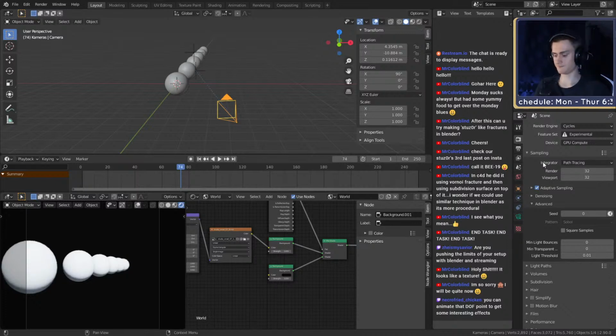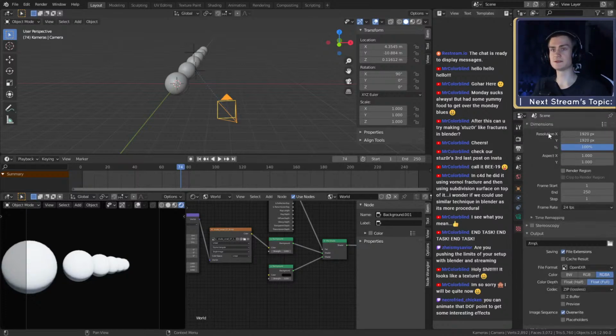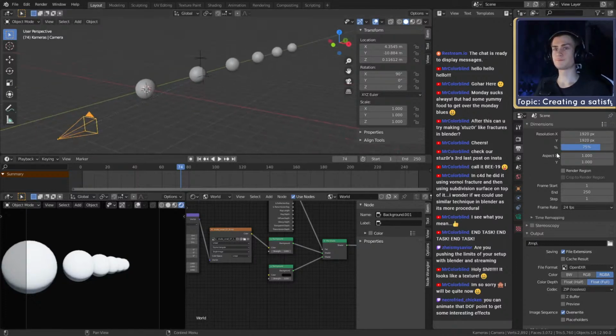So what I did is, first of all, I combined my low sampling. I think I had 128, and then reduced the resolution to 57%. And then you can render this, and for example, if it's an animation, you can put it in After Effects and combine all the frames together. And then there's an effect for that. Or you can go into Photoshop if it's just a still image. Let me switch to Photoshop so I can show you what I mean.